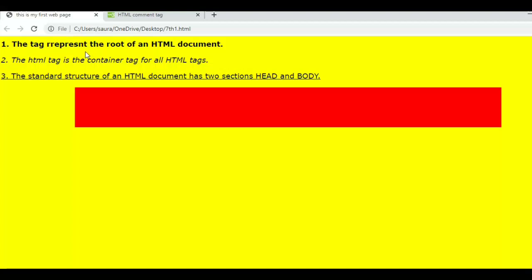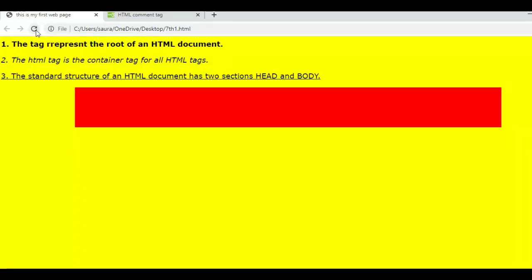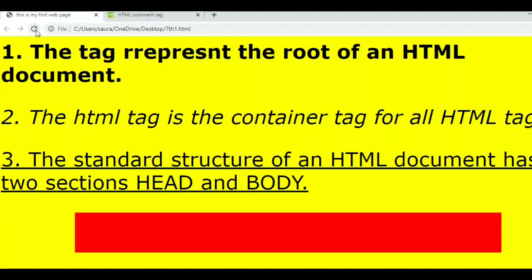So all the 3 lines have black color, font face is Verdana and size is 4. If we change it to 10, let's see what happens. After refreshing this, you can see it is much bigger than that.